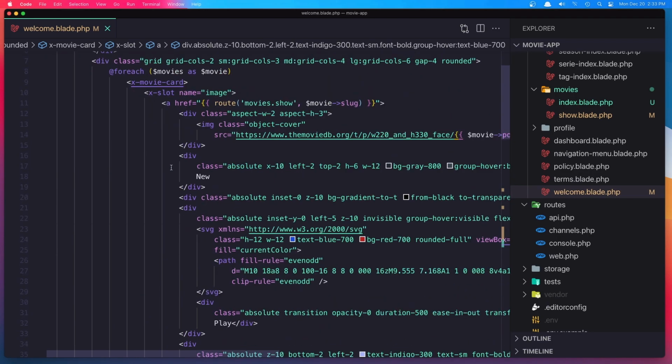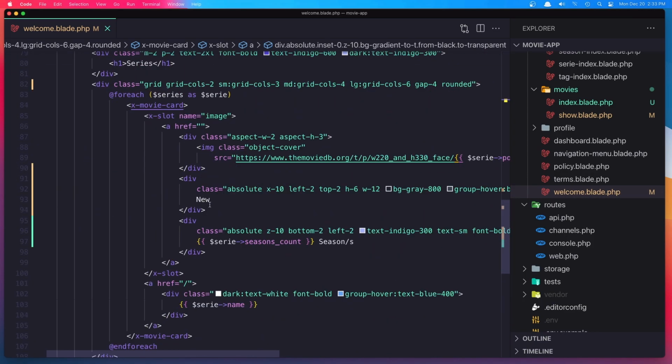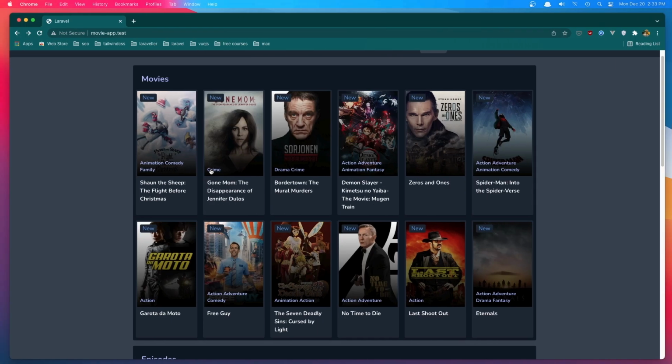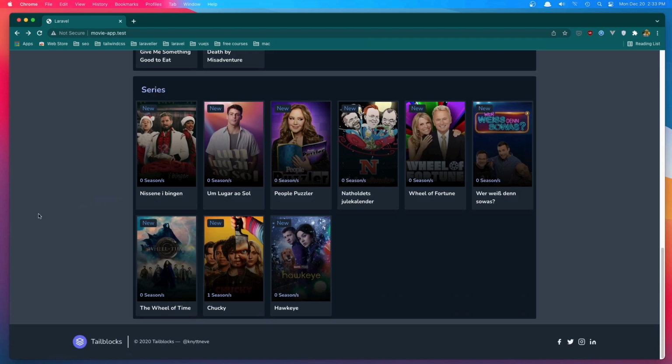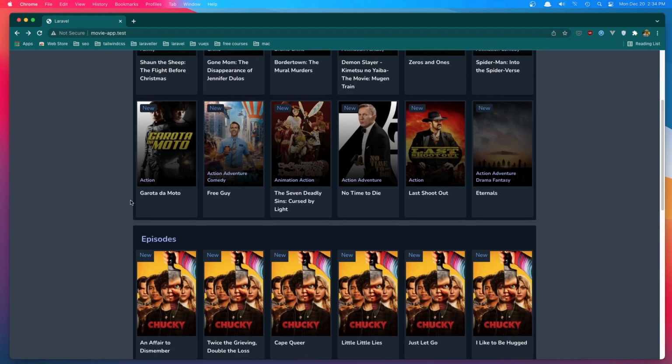So where this one is, copy, and after the aspect ratio, paste that in, and now refresh. Yeah, now I think we are okay. Okay, now done with cards,